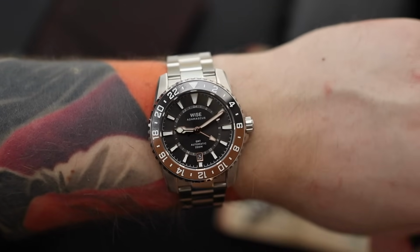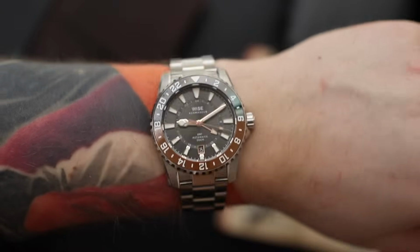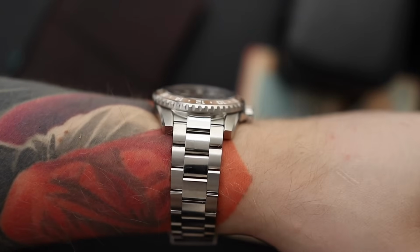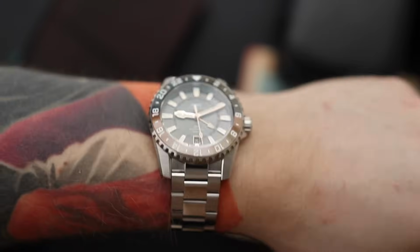And because that first link hinges downwards, even if you have a smaller wrist, you should be able to wear this watch fairly well. The thickness is also great, 12.5mm. So it's similar to something like a Tudor Black Bay 58. This sort of thickness. Can't really complain about the fit of this watch at all, other than the fact that